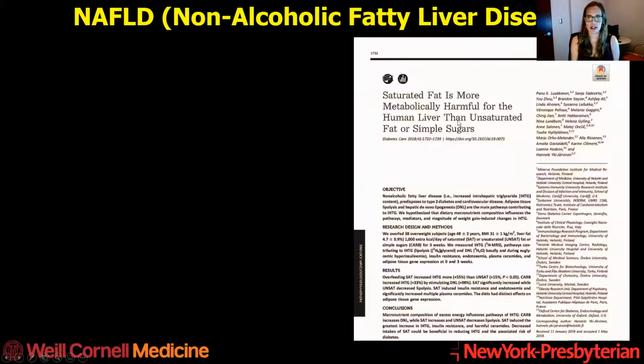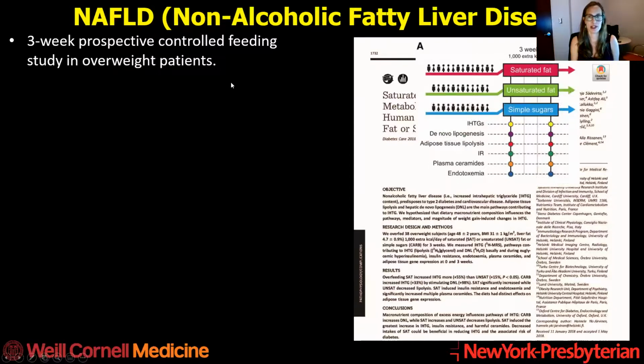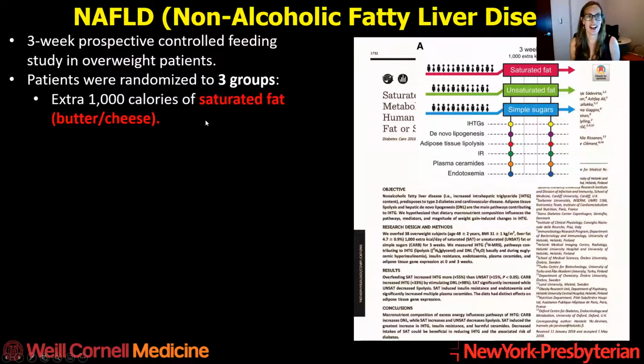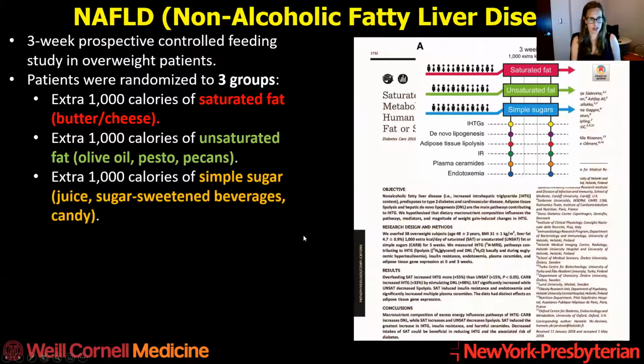Here was a different study. This is from 2018, and this was a very different type of study, but this was a 3-week prospective controlled feeding study in overweight patients. So they basically put people in 3 groups, and they were randomized, and each group was instructed to eat an extra 1,000 calories of one of different things. So one group ate an extra 1,000 calories of saturated fat in the form of butter and cheese. Another group ate an extra 1,000 calories of unsaturated fat in the form of olive oil, pesto, pecans. And the third group were instructed to eat an extra 1,000 calories of simple sugar in the form of juice,